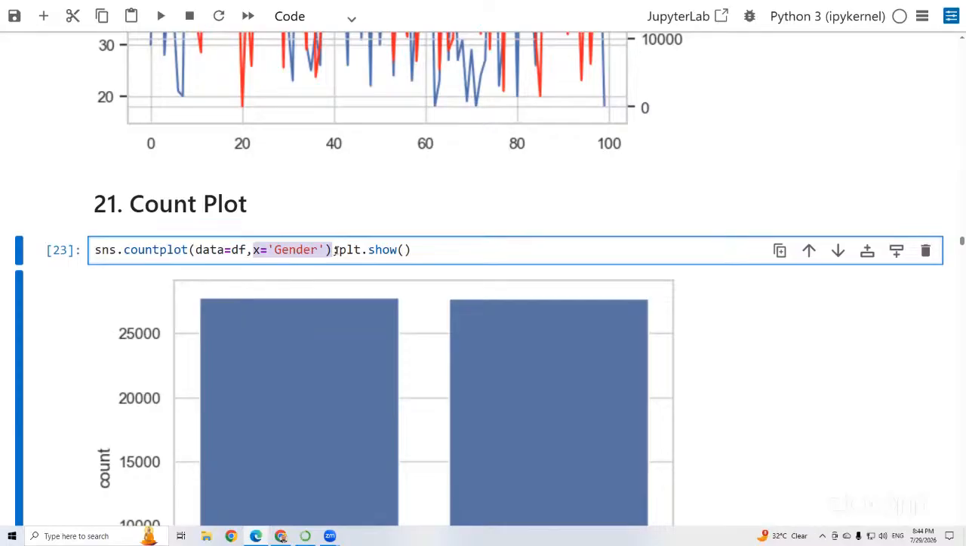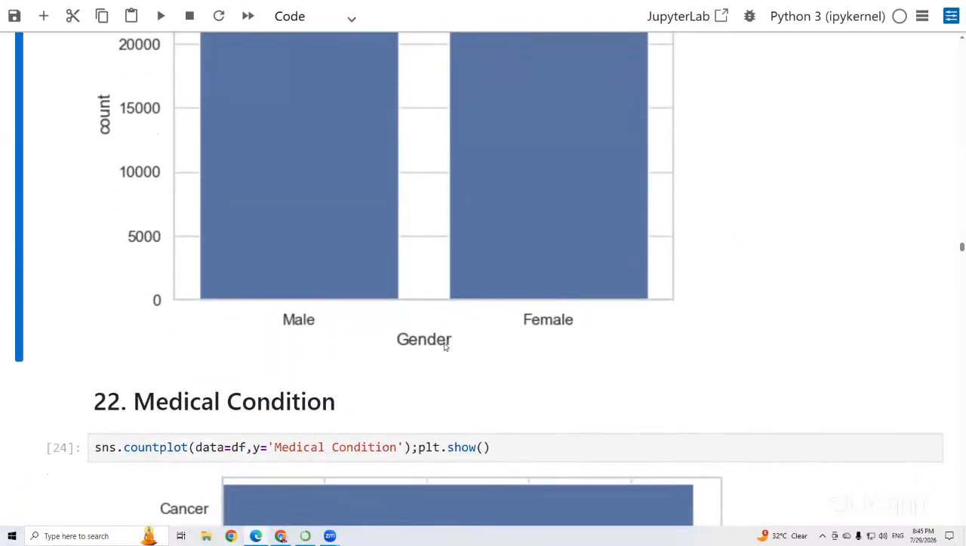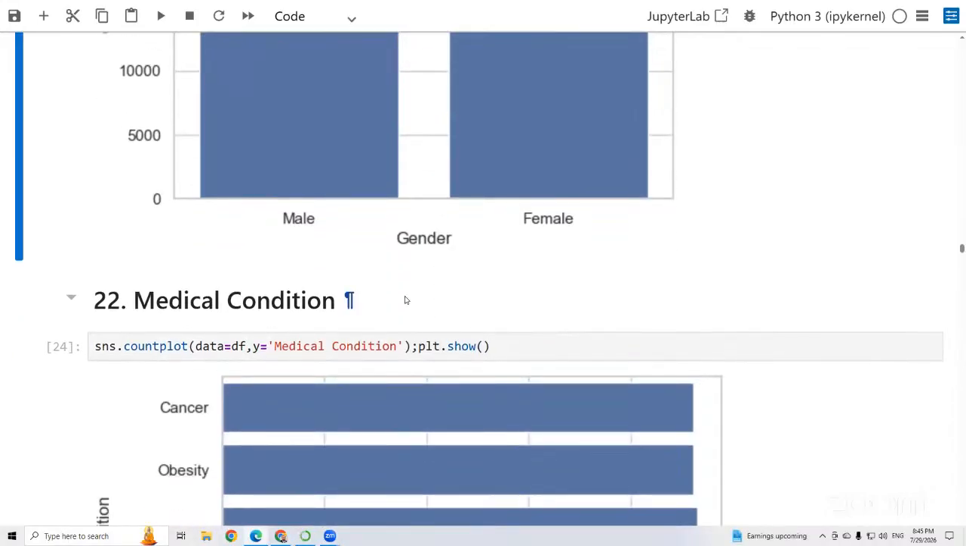There is a little bit of difference in the use of Matplotlib and sns. When you use sns, we have to use Matplotlib along with it to customize the x label and y label or title, etc. Okay, so here you can see we have the medical condition: sns.countplot with data and y equal to medical condition. Okay, so many things this will